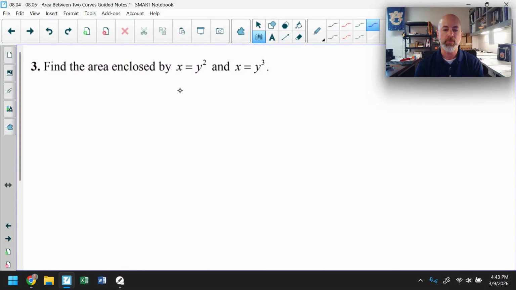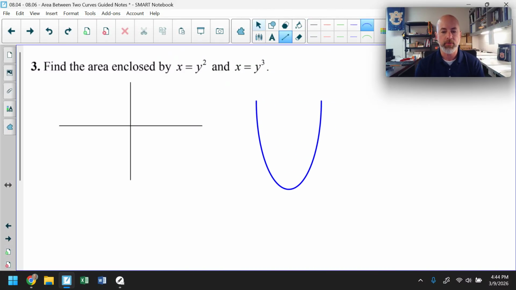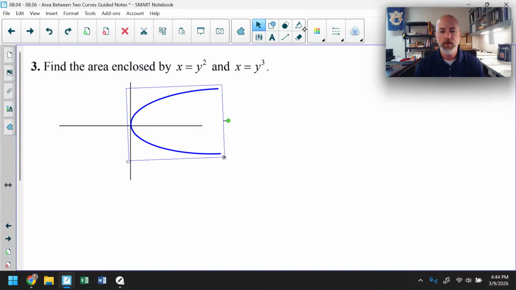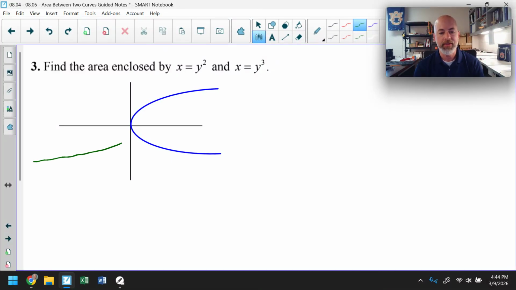So I'm looking at x equals y squared and x equals y cubed, and I need to know the region between those two, and these are functions of y, which is where we are going to be a little bit less comfortable. So x equals y squared, we should know is a parabola opening to the right, so I'm going to rotate that. And x equals y cubed is the same thing as y equals the cube root of x, which is actually going to come up through the origin like this, and the way these are going to intersect and have a very tiny sliver of area is going to do something like that,